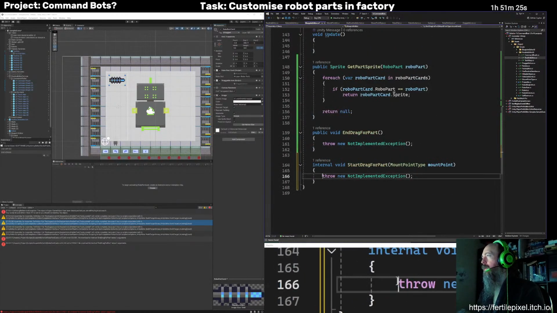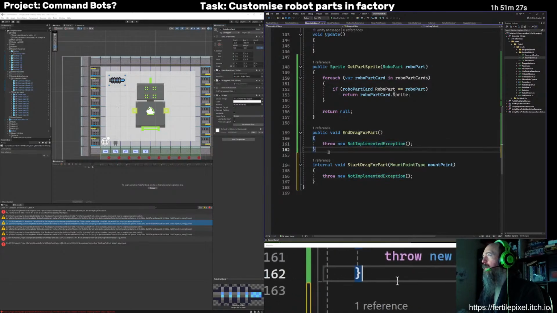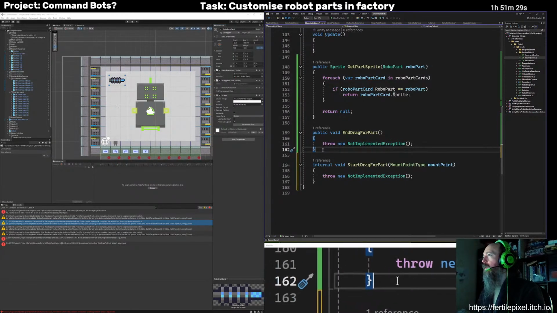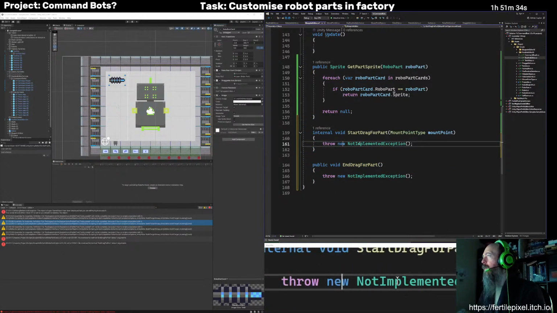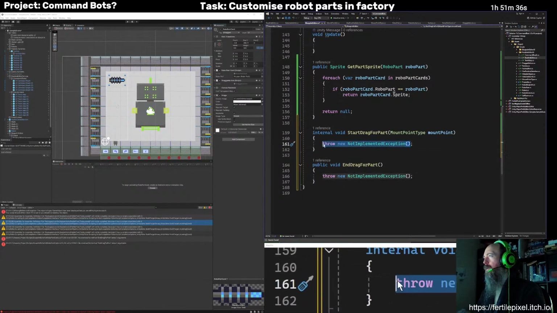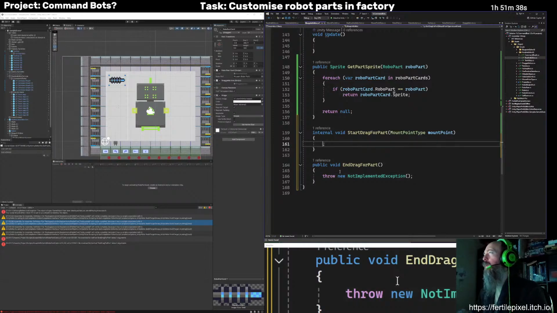Now we've got this, and they're both going to need to do something similar. Just rearrange them a bit, because they're both going to have to notify those mount points.